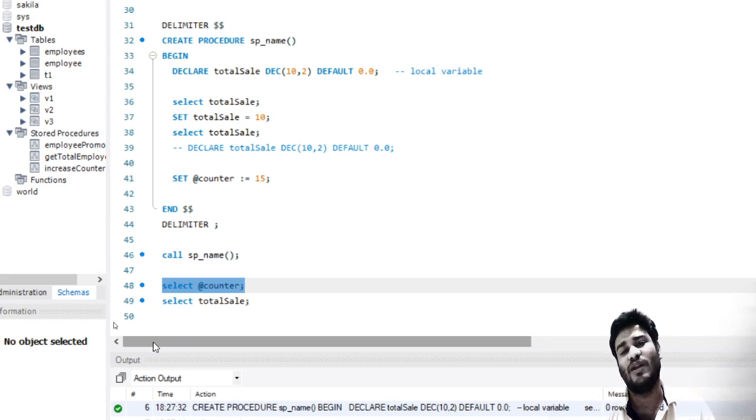So what is the usage? The usage of a local variable is always within the scope of that particular stored procedure. But for example, you may need to connect 10 stored procedures. Say you have stored procedures A, B, C, D. You are running stored procedure A, then stored procedure B, and now stored procedure C. In stored procedure C, you are making a check. I'm just giving you a very broad picture. If this check is true, you want to run stored procedure D. If this check is false, you do not want to run stored procedure D.